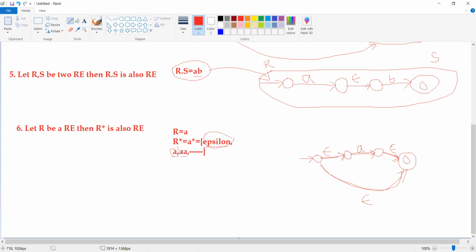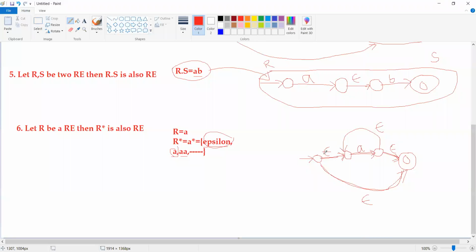But then what has to happen? Double A has to be recognized, triple A has to be recognized, 4 A's has to be recognized. Means some looping has to happen. In order to get that looping part, from this state to this state, I am going to introduce an epsilon transition. Now please check whether AA is accepted or not.